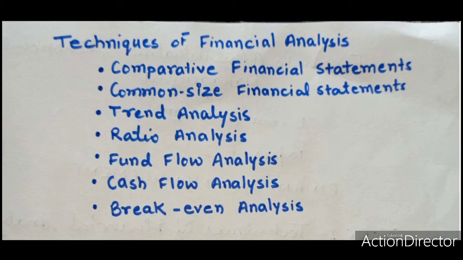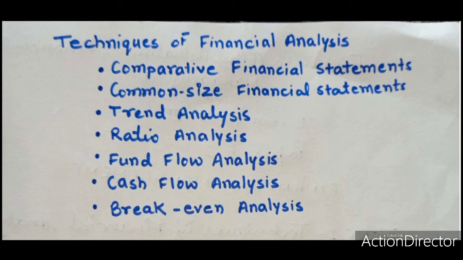Number 1, comparative financial statements. Comparative financial statements are those statements which summarize and present related accounting data for a number of years, incorporating therein the changes, absolute or relative or both, in individual items. In these statements, the financial data for 2 or more years are placed and presented in adjacent columns so that it may provide a true perspective in order to facilitate periodic comparisons.